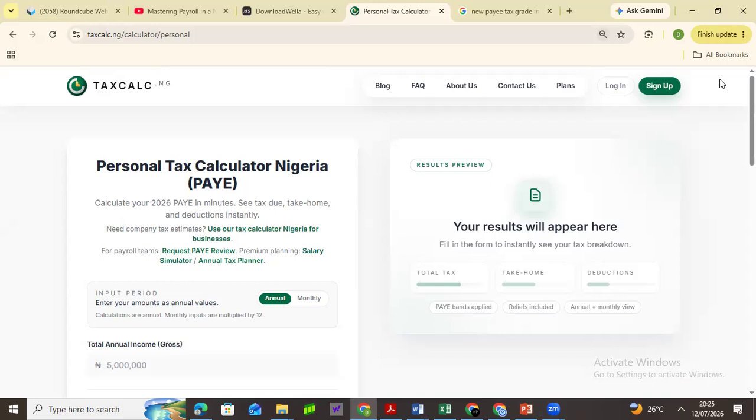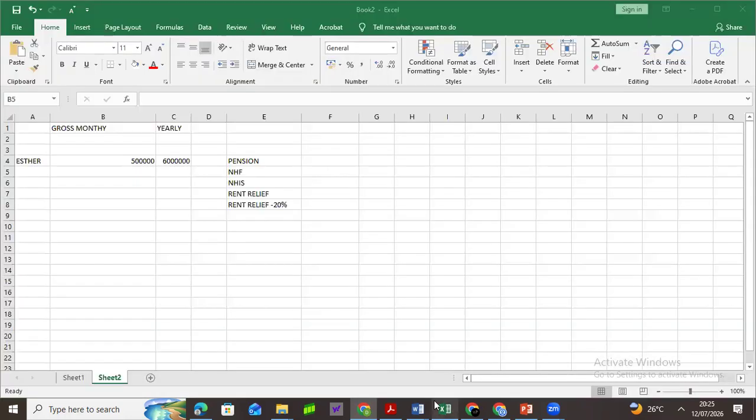So after bringing your affidavit that, okay, this is how much I earn, how much I spend on rent in a year, you give it to HR. So HR documents it. Okay, Atares pays 1.5 million naira yearly for rent. So 20% of 1.5 million naira, that's the relief you're going to have. So they're going to deduct that 20% from your gross, so that what we're going to calculate for tax is not as large.